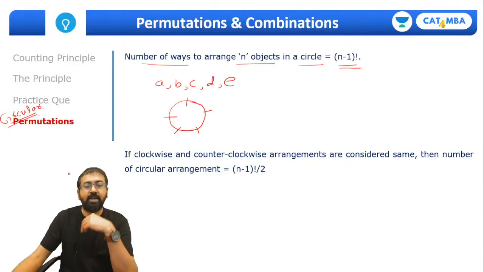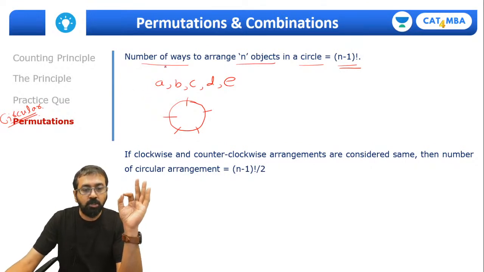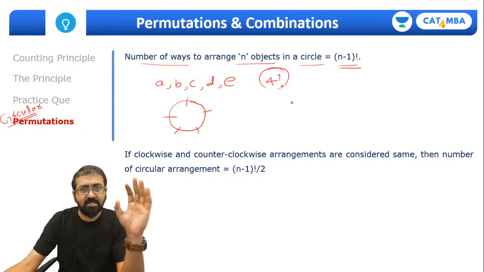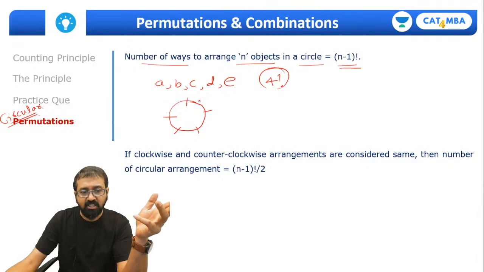Correct. Okay, fine. So guys, coming back to this one, we are talking about circular permutation. The number of ways to arrange n objects in a circle is n minus 1 factorial. For example, if I want to arrange these 5 people on 5 chairs in a circle, there are 4 factorial ways. Now this is slightly surprising. Why are there 4 factorial ways? Why not 5, because there are 5 positions? Like I arrange in a line, I can also put them in a circle.